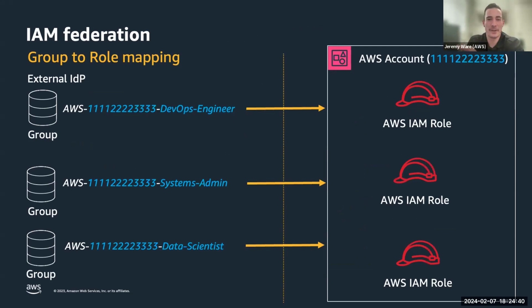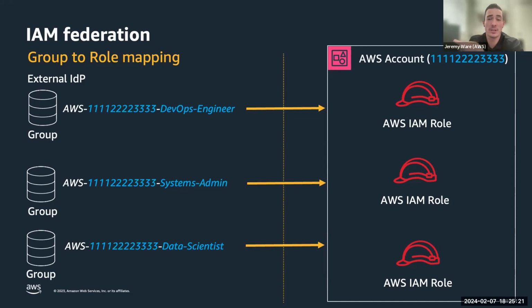So what does IAM federation look like? We could set up group to role matching, which is pretty common, role-based access control, right? Which we're very familiar with. There are some levels of attribute-based access control that you can do, like I mentioned with session policies. But for example, I might have a DevOps engineer that needs to assume a DevOps role in AWS. And I would just simply match the group membership or that role-based access to the current role that they're going to assume in AWS. The most important thing to note here is that when you do IAM federation, it is direct to the individual account in which it is configured. So IAM federation allows you to federate to that account.